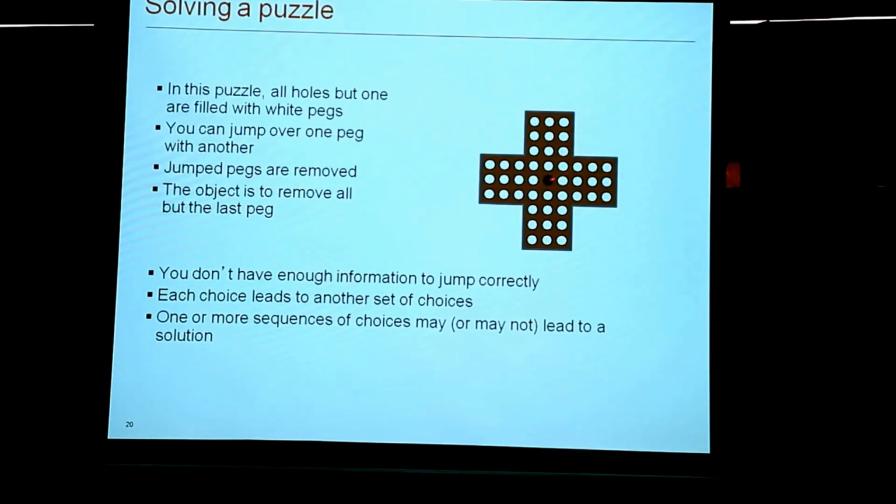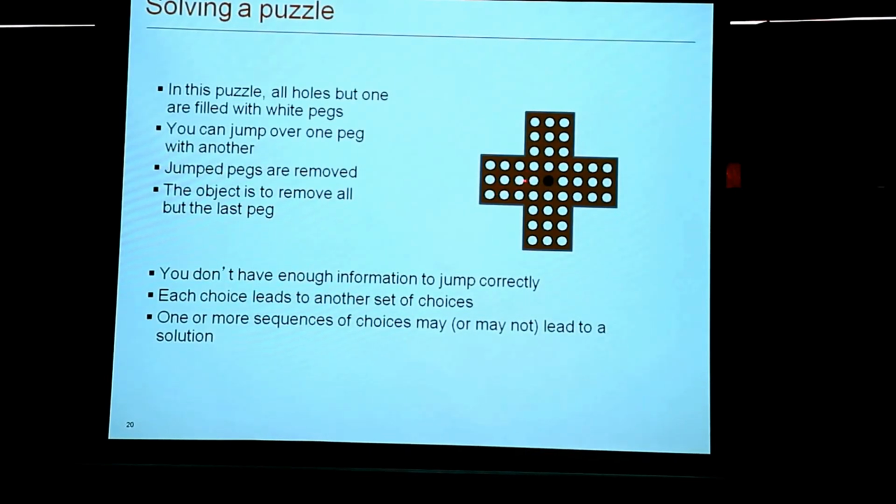No, the black one has no coin. So this is empty, the black one is empty, and all the whites are coins. You have to remove all but one coin. Maybe you can try this one and hop it to here. You can hop only into an empty place. So you can start from here, take this coin and hop over this coin, go here, and whenever you hop, the coin gets eliminated. So you create one more empty space, and the objective is to remove all but one coin.